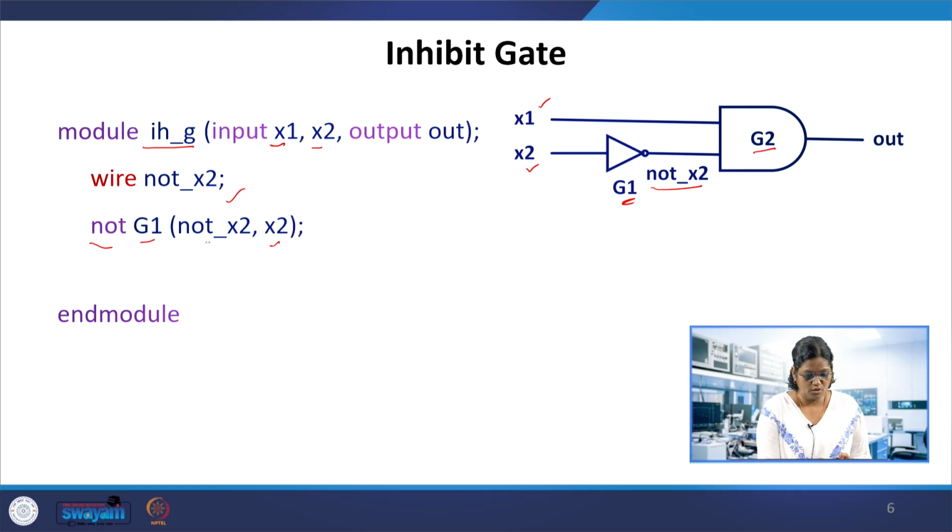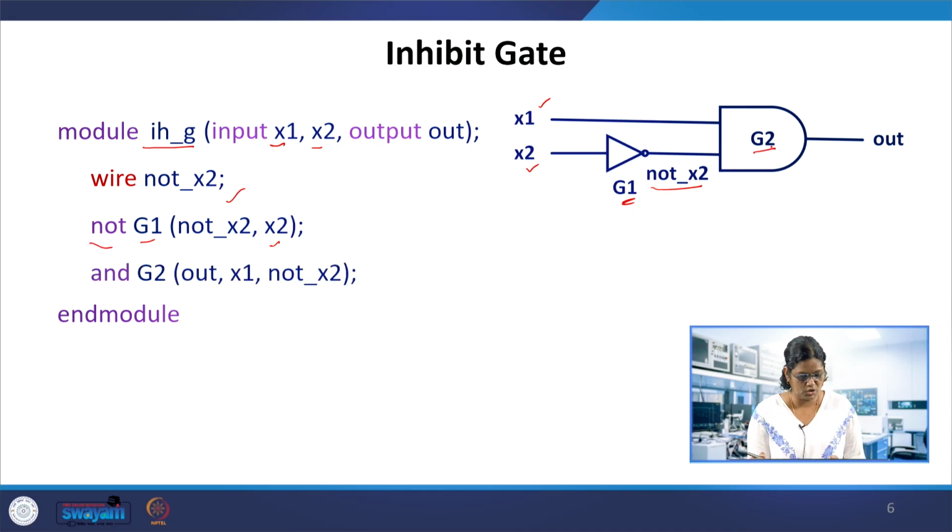You can notice that it follows the output first and then the input. Then the instantiation of G2 comes into the picture. This AND gate has the output out, and the inputs are x1 and not x2. So this is a small extension of the AND gate example.